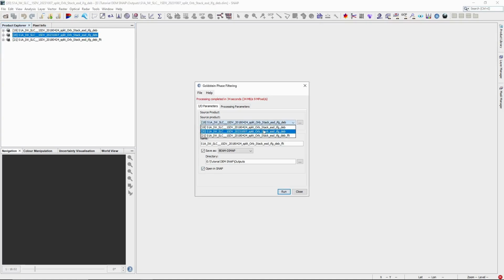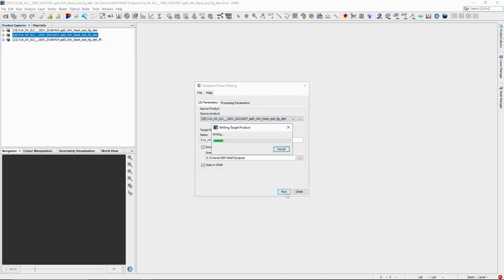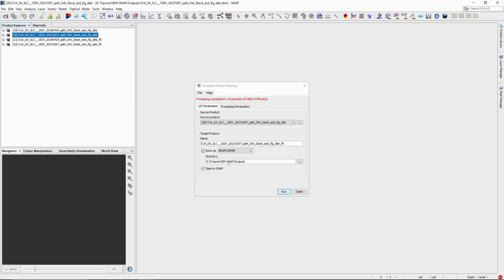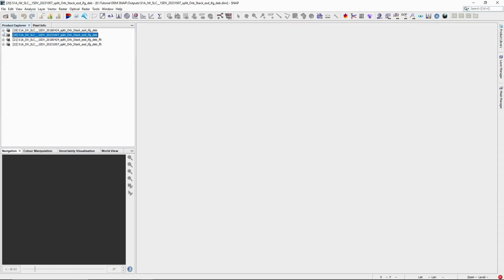Okay, do the same step for the 2023 image. Click run. Okay, we close, and then